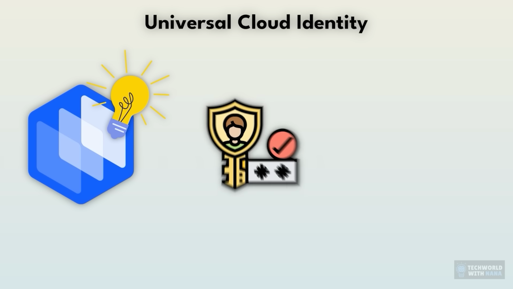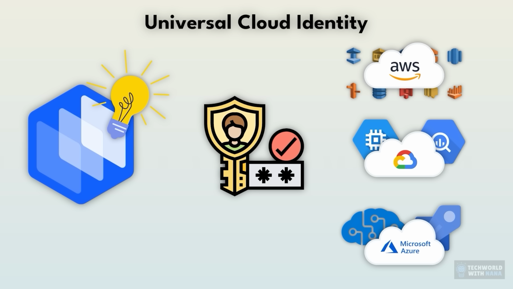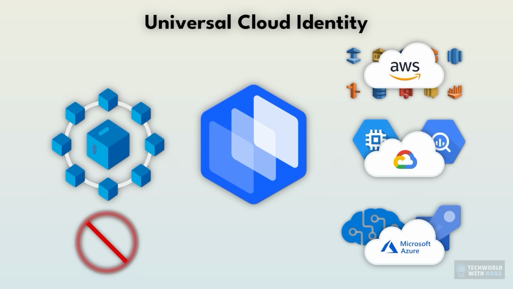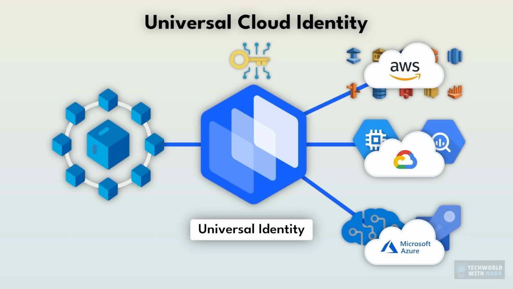First one is Universal Cloud Identity, which is Control Plane's solution for managing credentials for not only different cloud providers, but different services of those cloud providers. So your microservices don't have cloud-specific credentials, they don't have AWS keys or Google Cloud service account files. Instead, they authenticate with Control Plane using a universal identity. So this is how it works in practice.